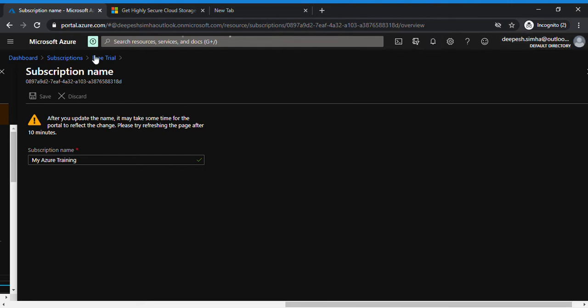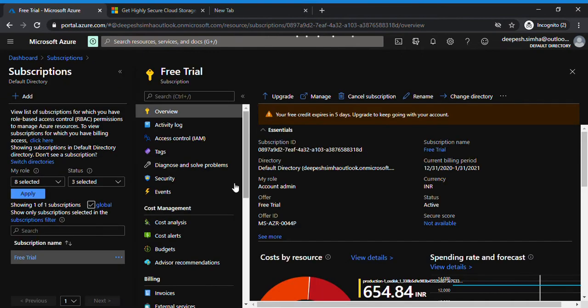Cool. So now, coming back to the free trial, we're going to talk more and more about each and every service. Guys, if I say subscription, just the creation of a subscription is not enough, right? We need to understand each and every service inside of it. What options are available in an individual subscription, and what we can do with the subscription, we need to clearly understand everything.